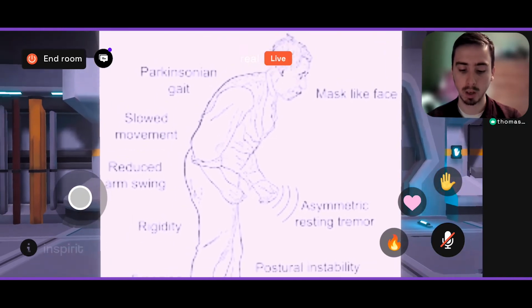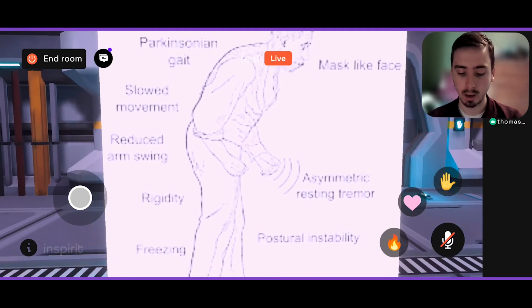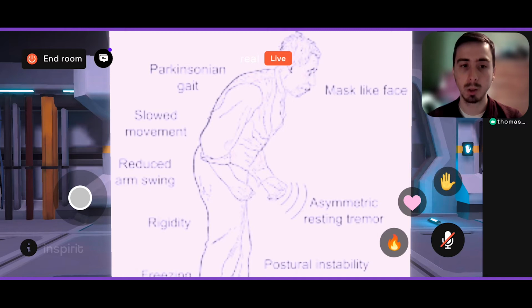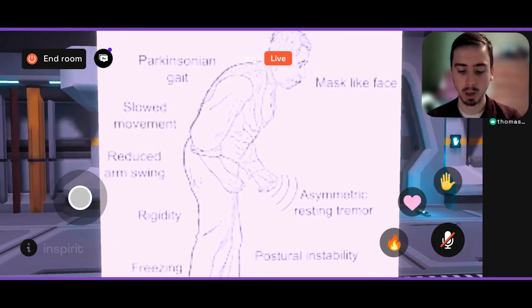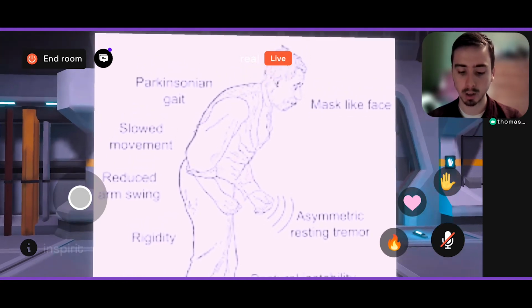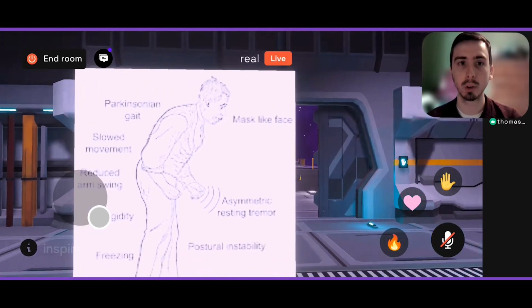Some of these symptoms may include a gait where they walk like their feet are shuffling along, they really can't walk well. Their body structure itself is more crunched together. They're very rigid, and there is just overall instability for the person. This is all due to the decrease in dopamine levels. So that is a general overview of Parkinson's, and that's what someone who has Parkinson's disease may look like if the disease progresses enough.